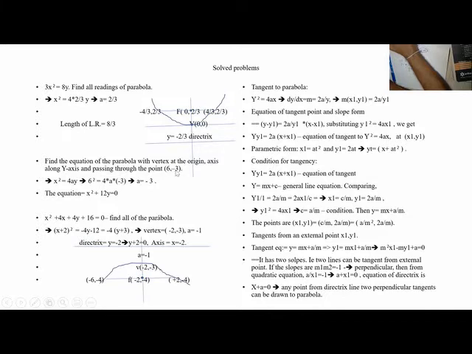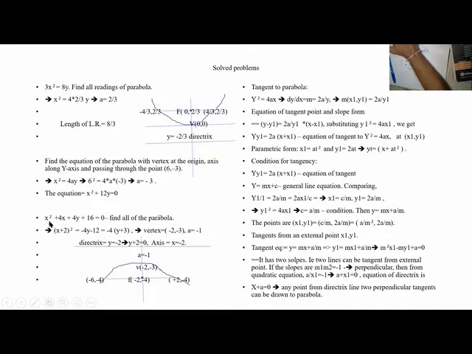See, this is passing through x positive 6, y is minus 3. That means this is x, this is y, minus. So this is like this, x² is minus 4ay. So minus 4ay comes to plus. So x² is equal to minus 4ay, and when it comes to the other side, plus. So x² + 12y = 0. Automatically it comes minus here.